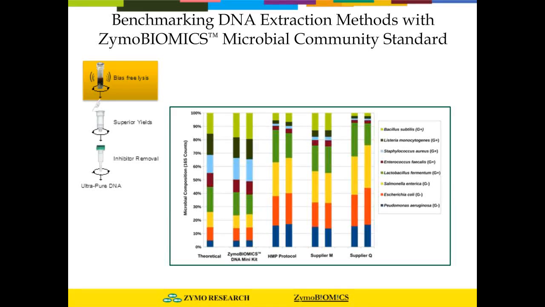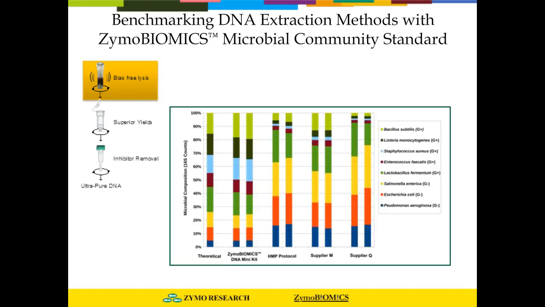So then we also looked at 3 of the most common methods used in the literature, basically the 3 most cited methods for fecal and soil samples. And the one on the right is supplier Q. That's actually a chemical lysis method. Even though it's quite commonly used in this field, we were surprised by it, but that's what the literature is stating. And due to the fact that it's a chemical lysis method, you actually see bias, again, towards these gram-negative